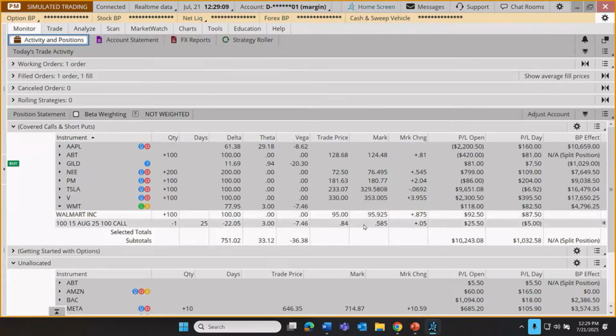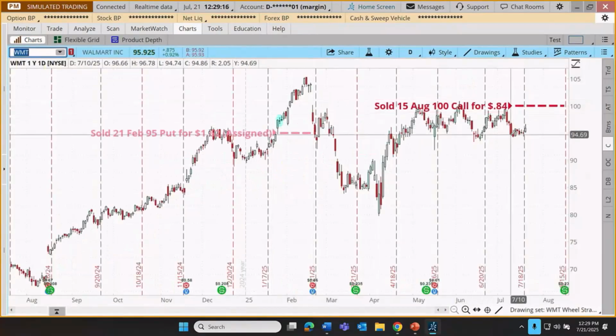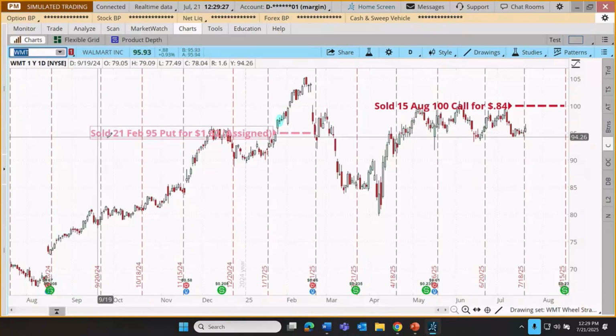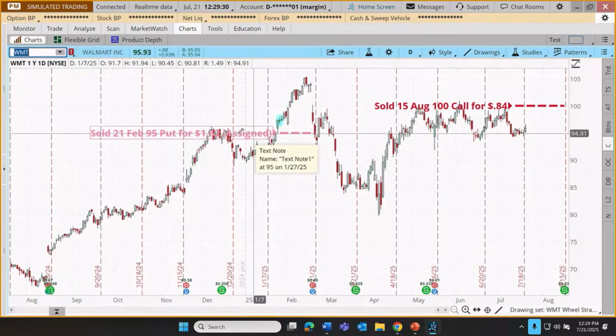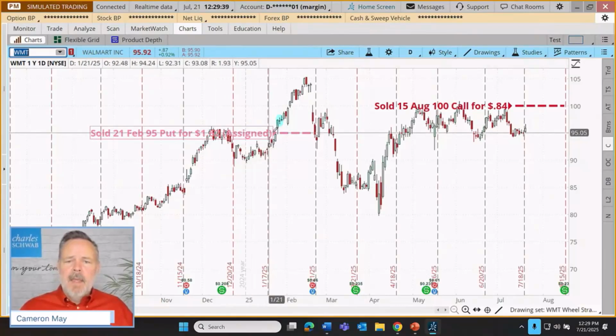Hold on a second. Let's go. I shouldn't go on memory sometimes. Yeah, here we are. So we're rallying off these lows, and we'll just leave that to work. Now, I should clarify, we didn't actually buy our shares of Walmart last week, as you can see right there on your screen. This one actually started life as a short put, sold a 21st of February put for $1.62. That's what that says. It's a little bit hard to read in that cluster of candles. And that contract was ultimately assigned right there.